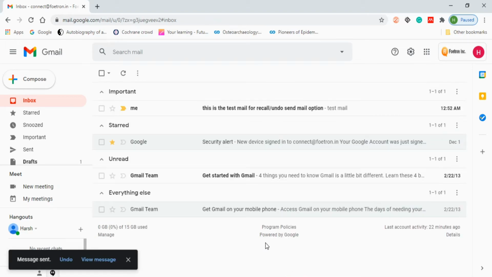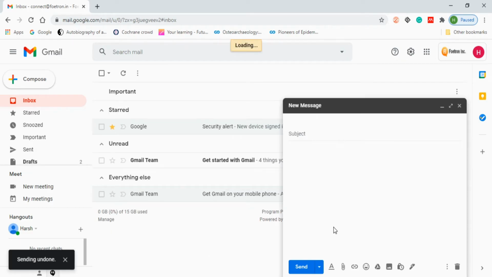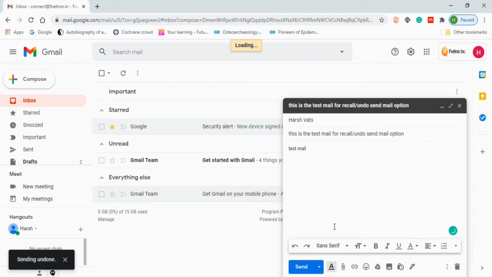I have 30 seconds. If I go above 30 seconds you will not be able to recall or undo your sent email. So I think 30 seconds is the maximum time to make amendments to your mistake, so that if there is something dumb you have done you can easily recall it and click on undo, and you will see your mail will be received back and get into the inbox.